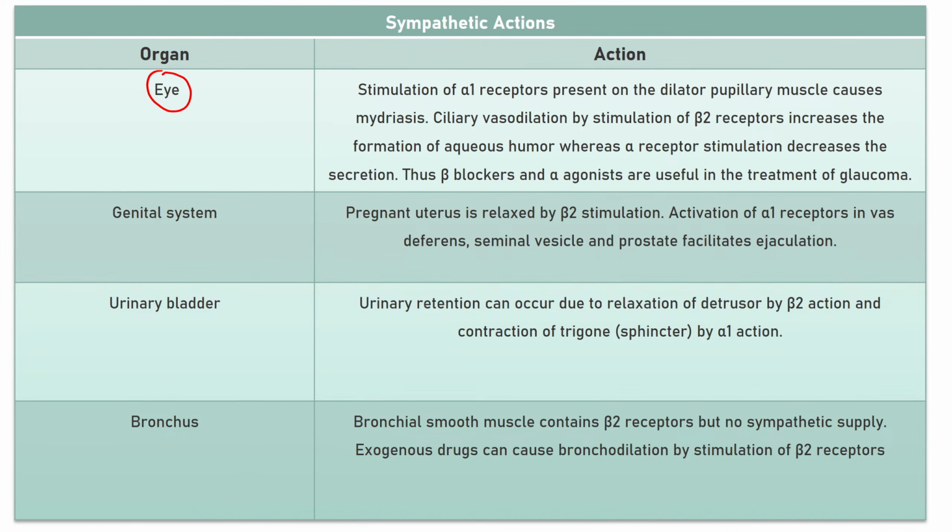Now we know alpha 1 is present in the eye, as well as beta 2. Both are present. So alpha 1, what did it do? Stimulate. We know alpha 1 and beta 1 are both stimulatory. Beta 2 is inhibitory, or it causes vasodilation. So the alpha 1 receptor will cause mydriasis